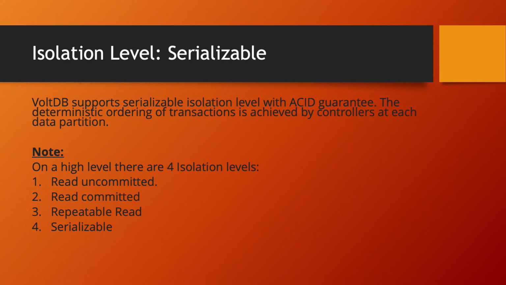The third one is repeatable read. The transaction waits until rows write locked by other transactions are unlocked. This prevents it from reading any dirty data. The transaction holds read locks on all rows it returns to the application and write locks on all rows it